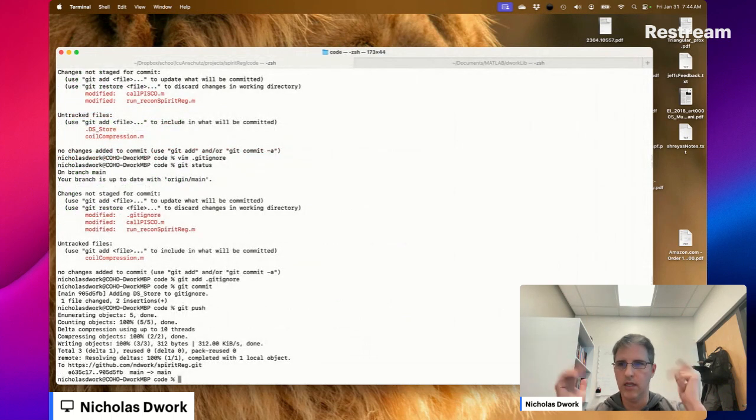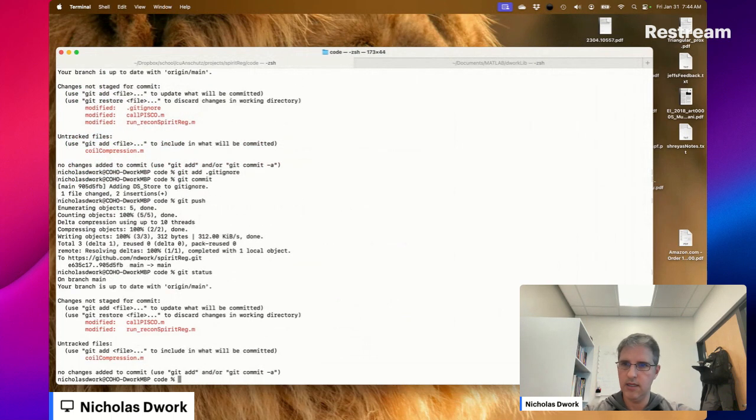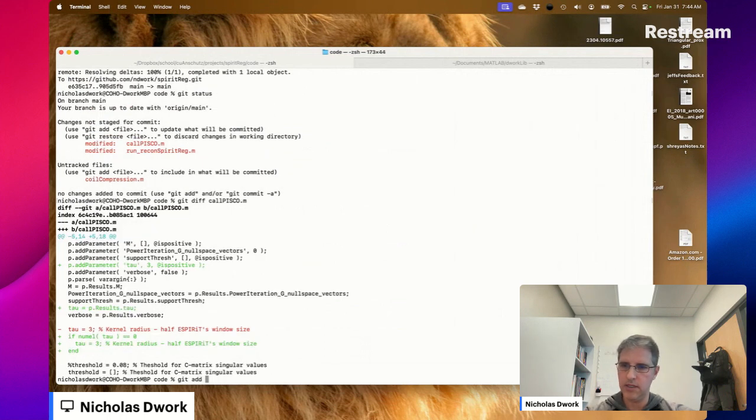Okay. And now, as long as we're here, we've added normalized sensitivity maps to the repository.